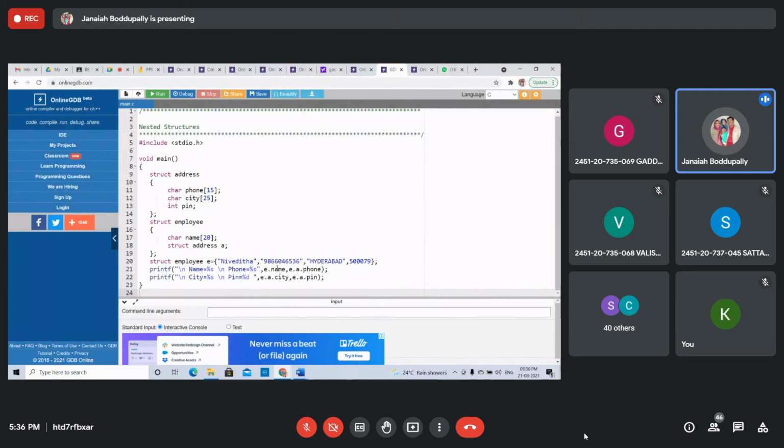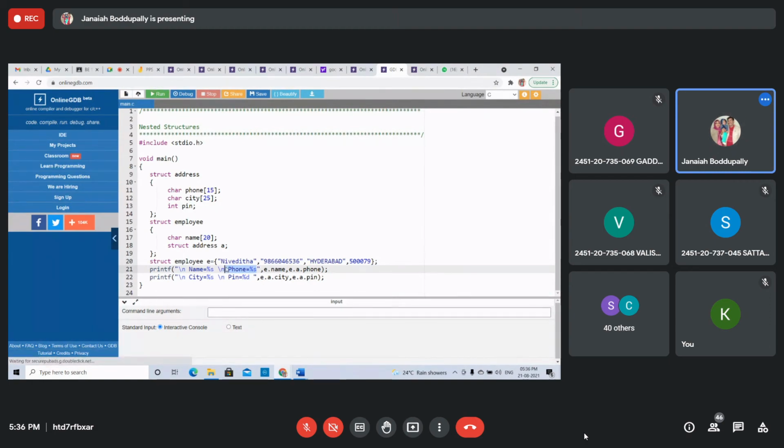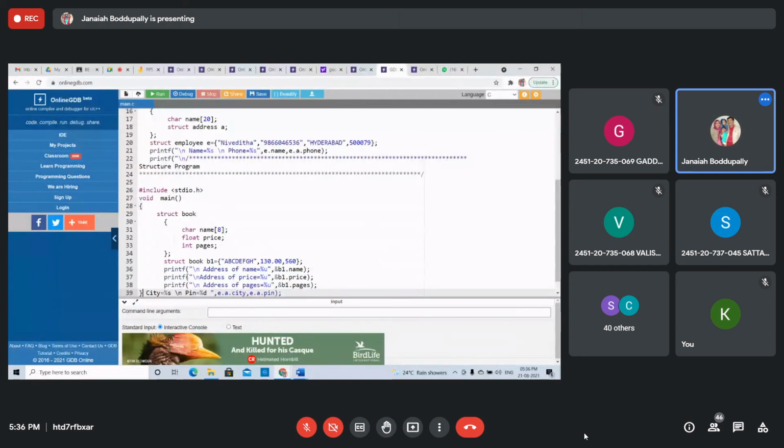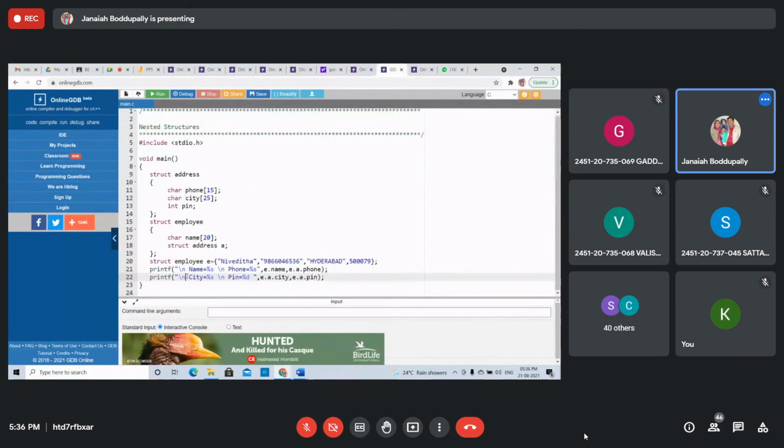If you want to display this one directly, you can copy it, Control X. We can access directly, but only name is the direct structure element within the structure employee.